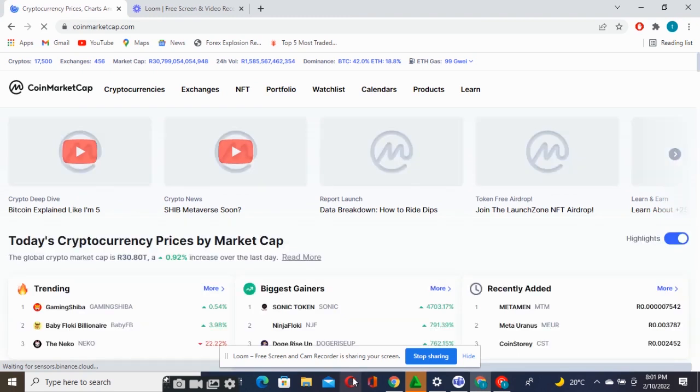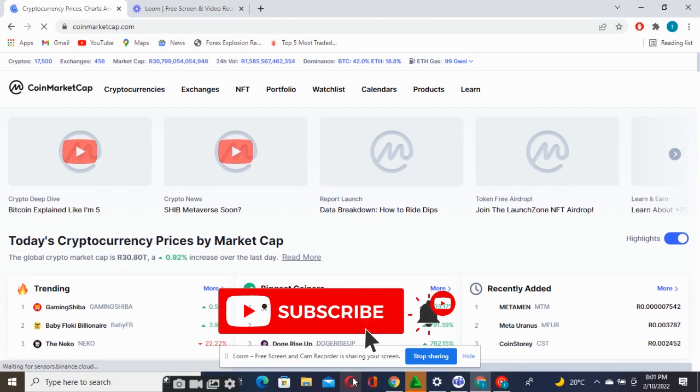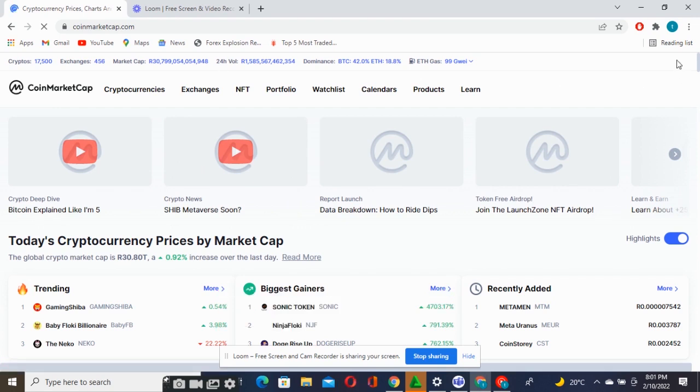Let's go. Every time you open this platform, guys, you can go up there on top. You will always find a space where they say sign up or sign in, and then you just sign up and provide information, your email, and all those kinds of things. Then you can always log into this platform. It's an amazing platform, the biggest platform in the crypto space, where you can find all necessary information about